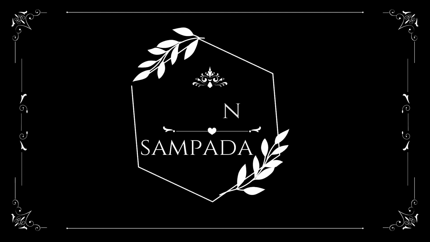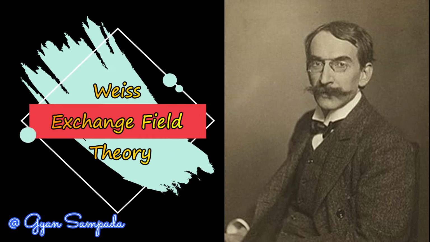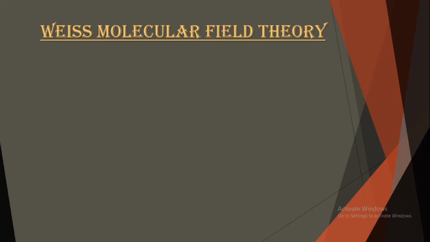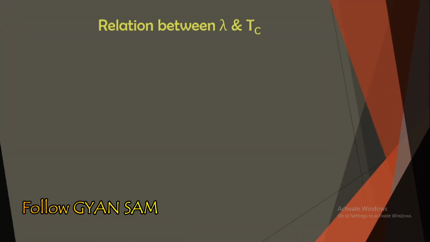In our previous class we were dealing with Weiss molecular field theory and today's class will be based on that itself. If you have not gone through the previous class where we considered the Weiss molecular field theory, we understood some of the details of the Weiss molecular field theory based on the equation given by Weiss. Then first go through it, because based on those equations itself we are going to learn some concepts in today's class. So let's start today's class where we are going to understand the relation between the Weiss constant,